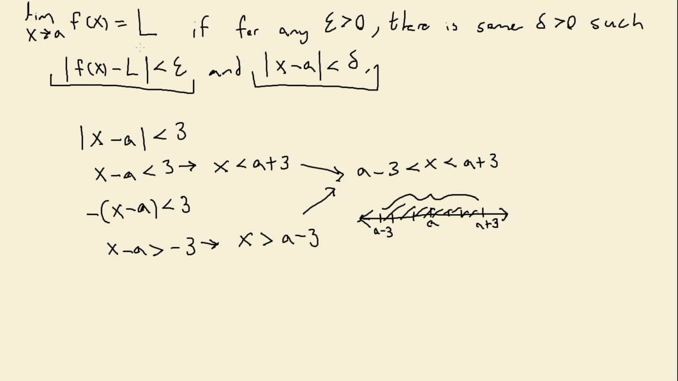But what does this mean with regards to our definition here, our formal definition of a limit? If we take a look at this inequality, this one is telling us that f of x must be within epsilon of L, and this inequality tells us that x must be within delta of a. And if we think about this graphically, we can draw out a little graph here. Just do our x and y axis. We have x, we have y,